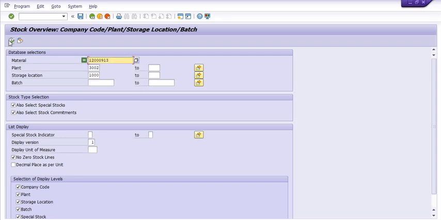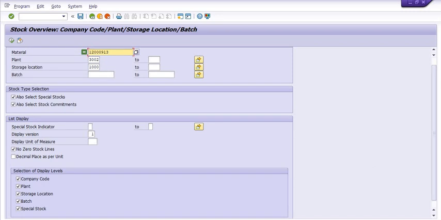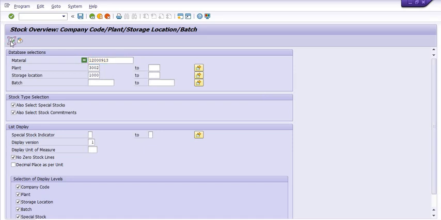Then enter the material code, the plant code, and the storage location, then the system will give you the data. Always select special stock, always select stock commitments, no zero stock lines, company code, plant, storage location, batch and special stock. So I'm just clicking on execute.